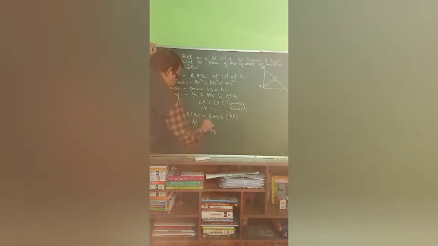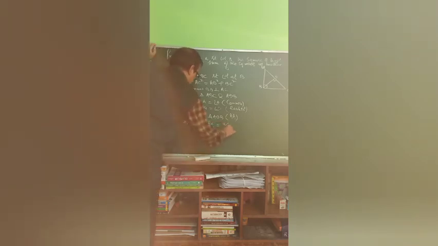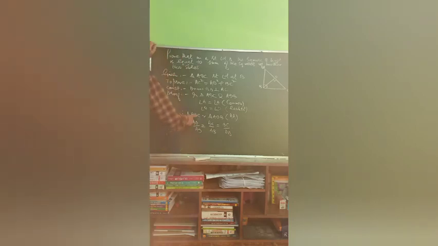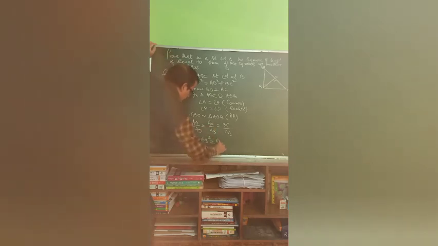AC upon AB. Here AB, I will cross multiply. Even you can take BC upon DB also, that also we can write. Now we have to take those two of these three where denominator and numerator are same. Here is AB, so AB square overall. AB square is equal to AD into AC. This is condition number 1.